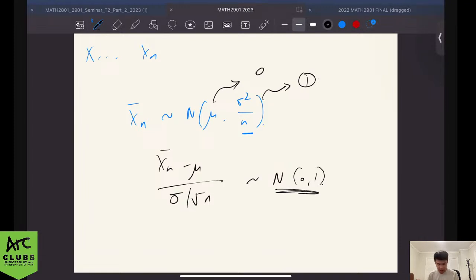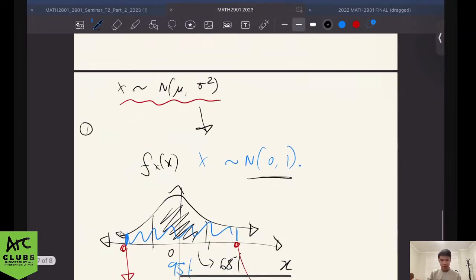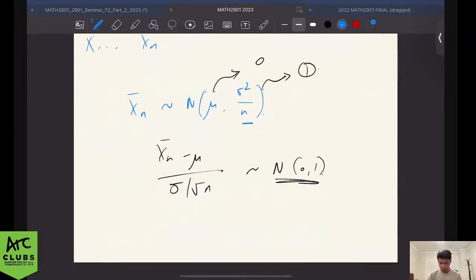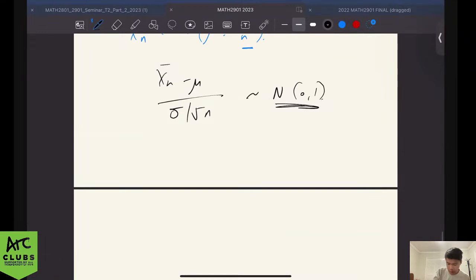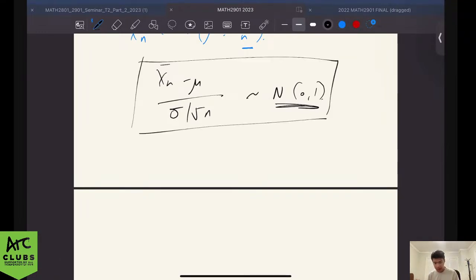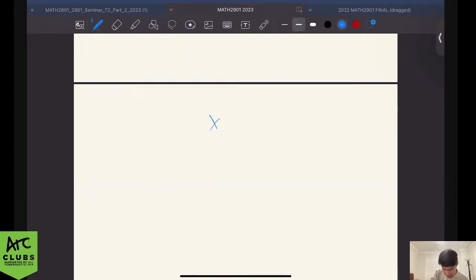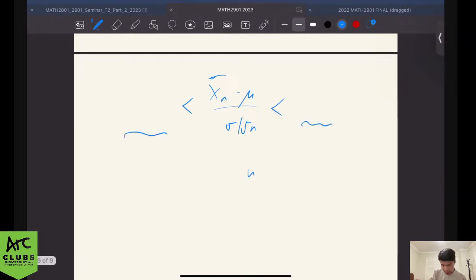Because I said our first thing we want to do is reduce this to something where we don't have to worry about mu and sigma. We just have a clean distribution where we know everything about it. Okay. And so what we do next is we say, okay, we've achieved what we wanted, right? We've got a distribution that doesn't have the parameters in it. Okay. Now what we want to do is say this lies between two other numbers with probability,